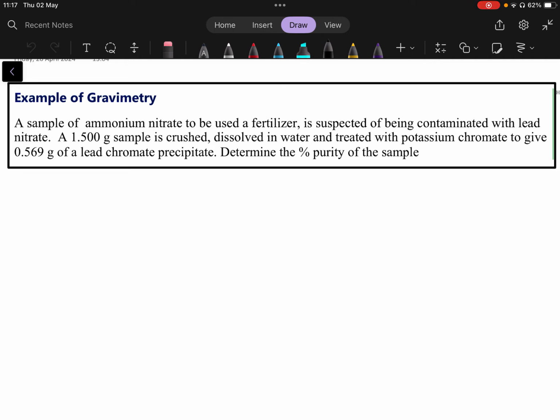So, how can we use the ideas of solutions reacting with one another to give us some precipitate, and then from that, how can we then determine the percentage purity of the sample that we started out with? Right. So if we read this example, we're told a sample of ammonium nitrate to be used